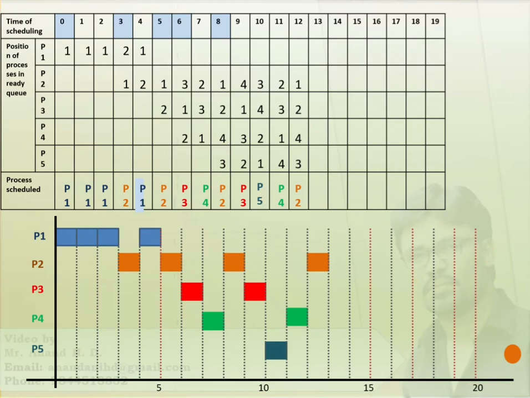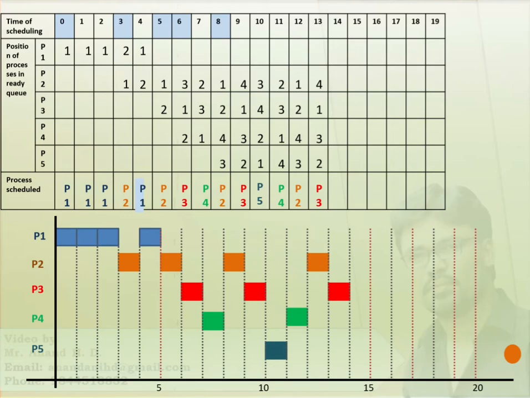At 13 time units, again there are 4 processes P2, P3, P4, P5 with P3 in the first position, P5 in the second position, P4 in the third position and P2 in the last, that is fourth position. So out of these 4, P3 will be selected for execution and it will be executed from 13 to 14